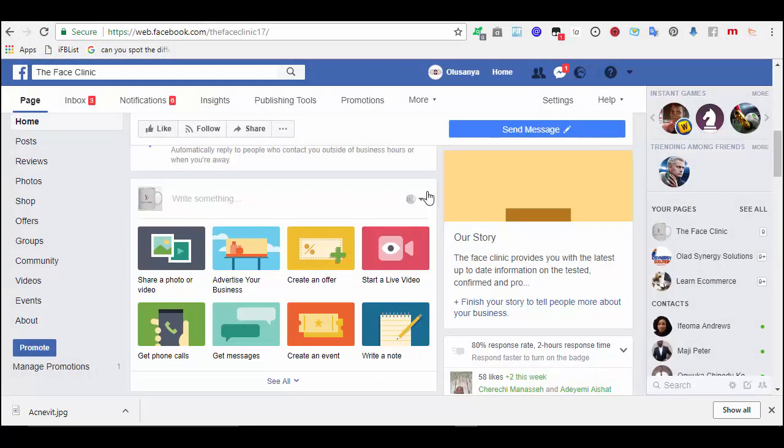So guys, I want you to take your Facebook ads. If you have any challenges in taking your Facebook advert, make sure you contact me on 0816-114-2455. I'm not the kind of person that hides my WhatsApp number because people will be disturbing. No, if I won't do it for you, I will say I'm very busy, I won't do it. But you can call me. I will be very, very glad to help you out because I love helping people to succeed, to make some success in their businesses. So guys, if you are taking the Facebook ad and you find it very difficult, or you are finding something challenging in it, endeavor to contact me again.